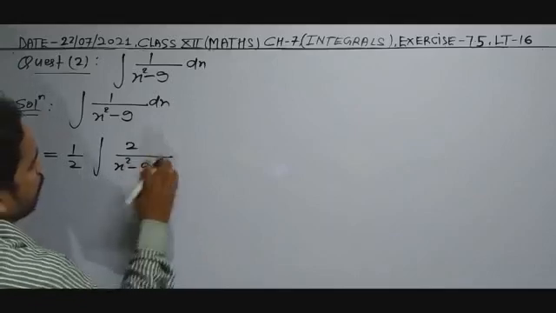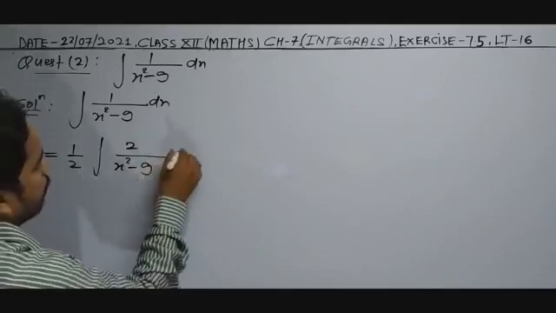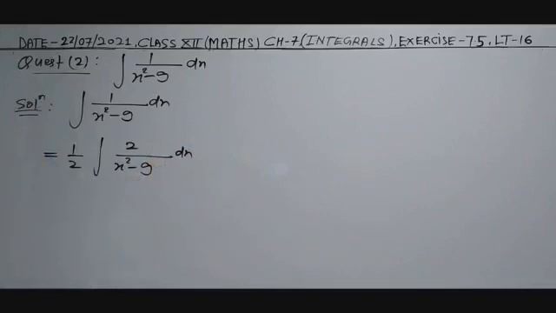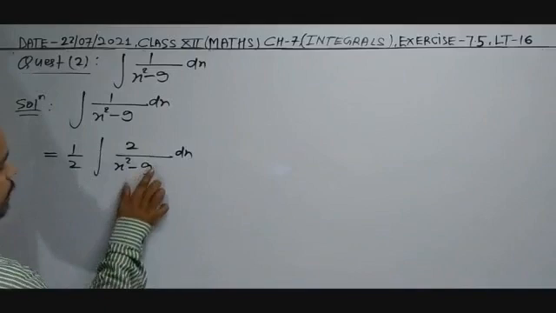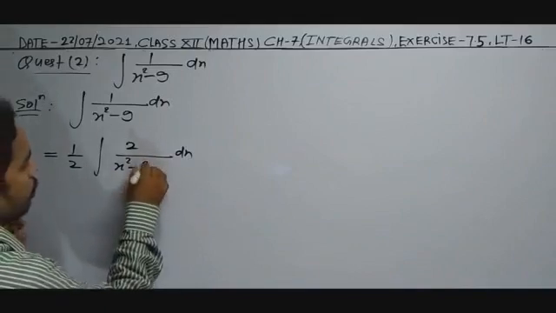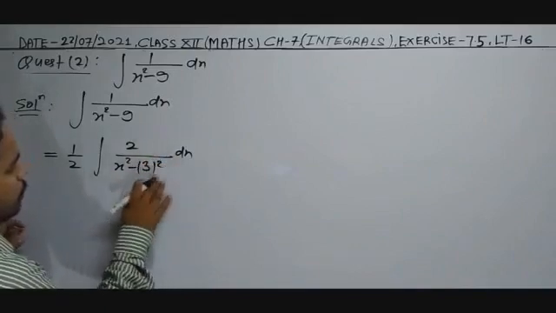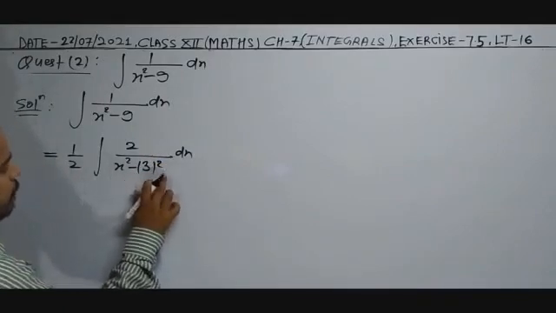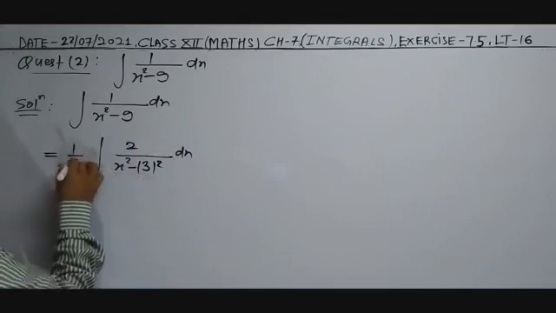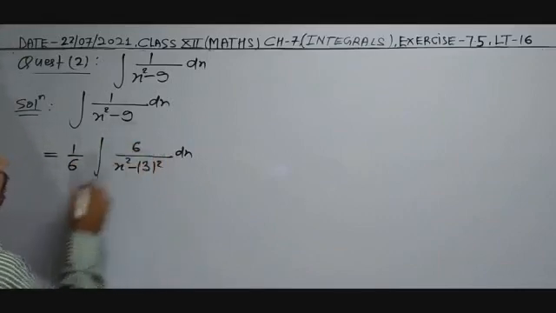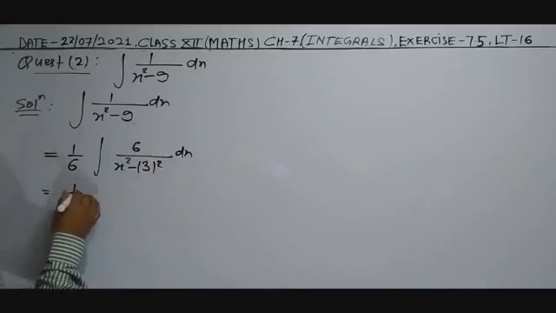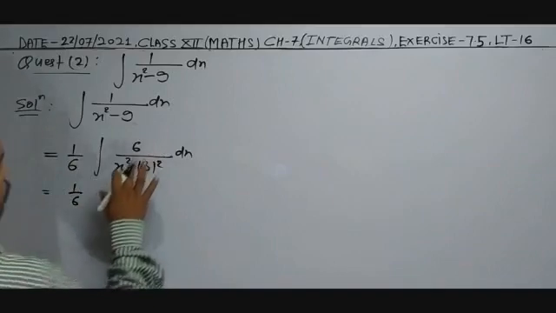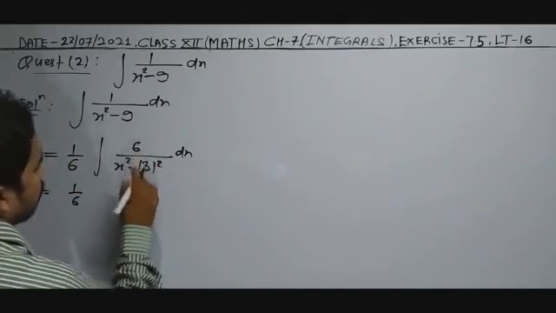So x square minus 9 dx, we have rationalized by 2a, and this 9 can be written as 3 square. So in the formula, this is the format 1 upon 2a. At the place of a there is 3. So now you can rationalize not by 2, rationalize by 6, so 1 by 6 into, or you can also rationalize by 3.